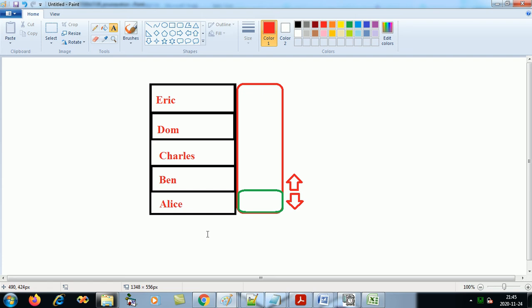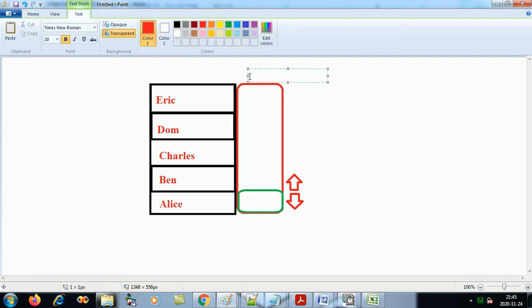Now if I wish to traverse the list using this, this is called as your iterator or your list iterator or your enumeration, whichever you may call it, whichever you may use. So the difference we'll see in the course of today's video.